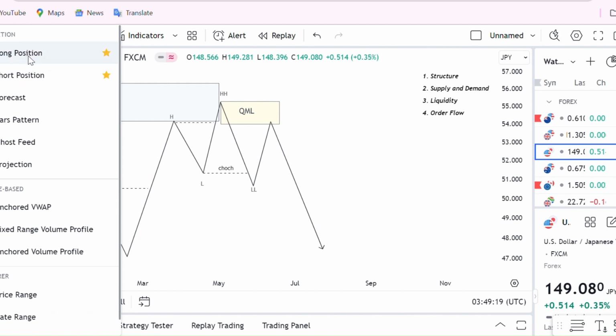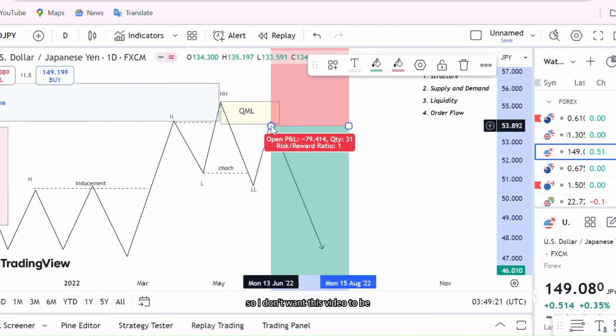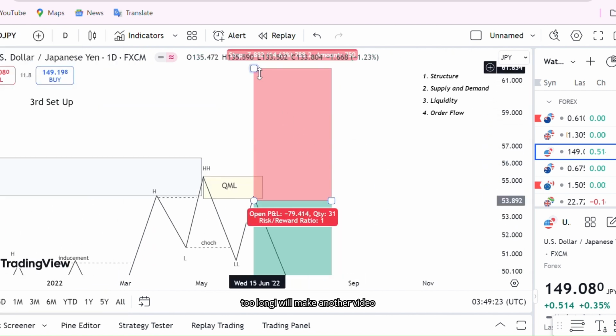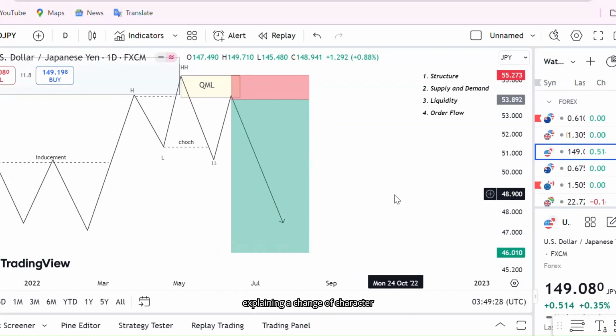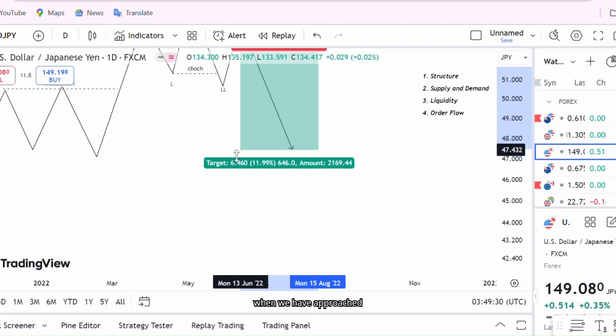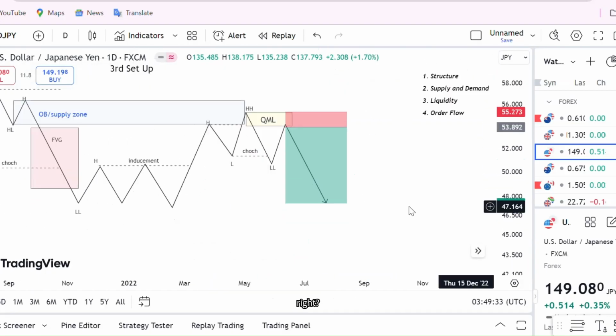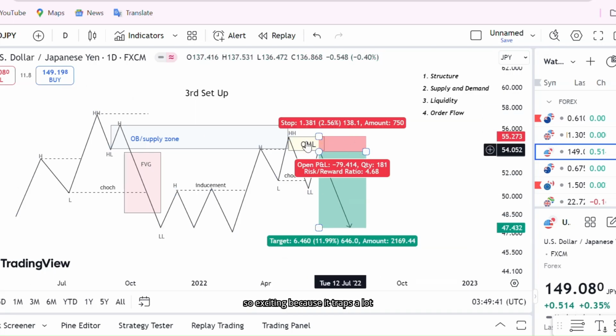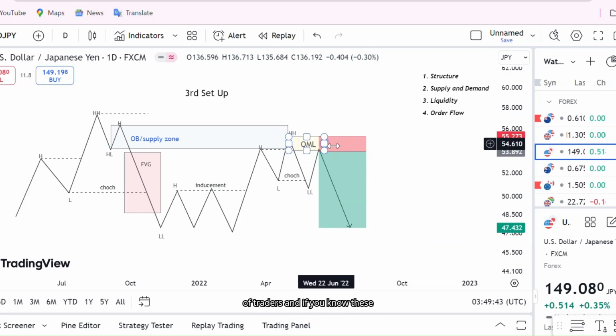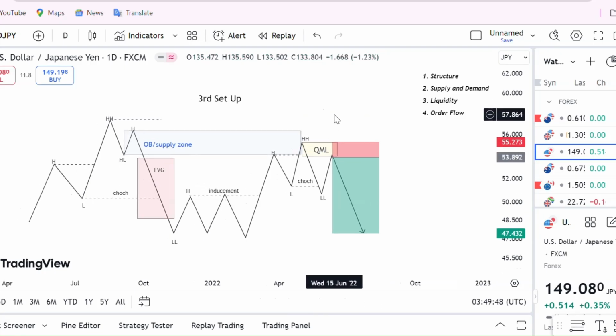right? So I don't want this video to be too long. I will make another video explaining a change of character when we have approached our zone, right? So this whole scenario is just so exciting because it traps a lot of traders. And if you know these institutional price action concepts, you're not gonna fall victim